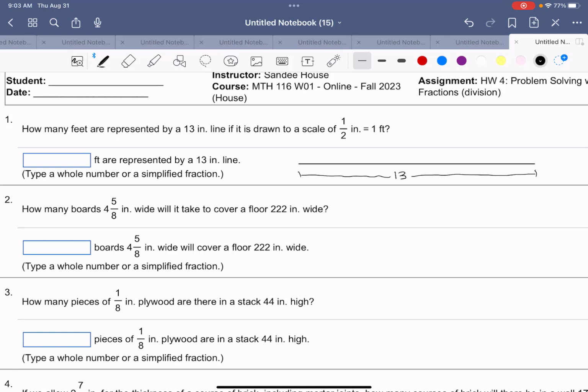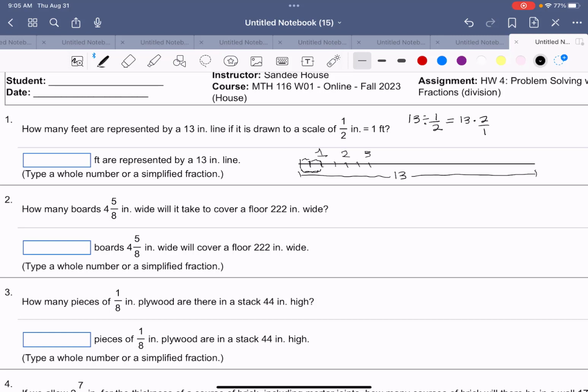Now, if we divided that into 1/2 inches, notice that for every 1 foot, there are 2 marks. That's because each of those is 1/2 of an inch. Well, 13 divided by 1/2, because we're dividing this 13 into 1/2 inch sections, is going to be 13 times 2 over 1, because